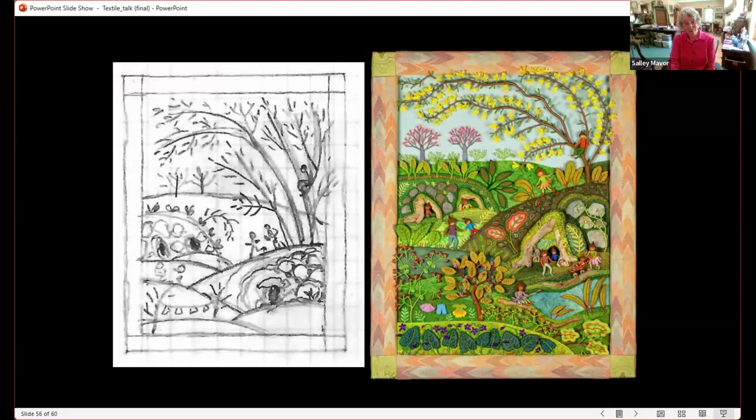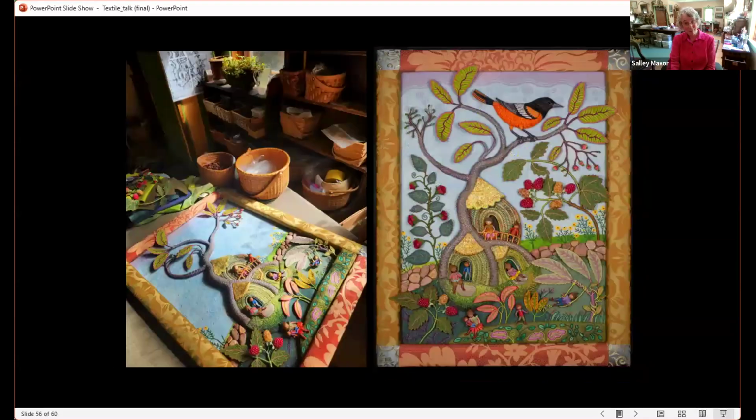I started with very small sketches, thumbnails really, and blew them up. And then over a period of months, worked on the finished artwork, which changed and evolved as I went. This is the spring scene. For the summer scene,